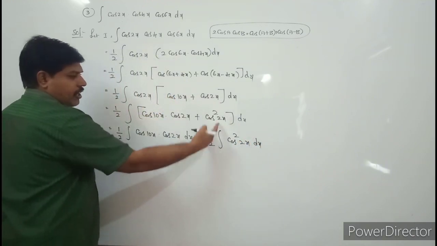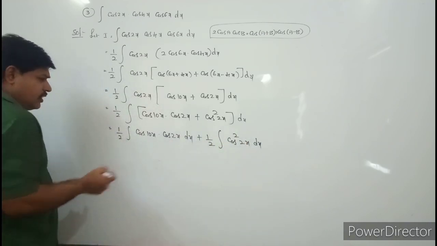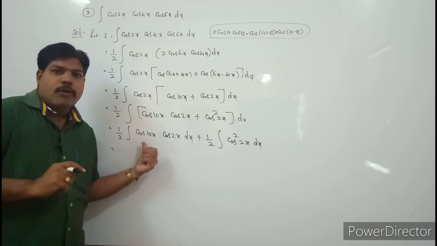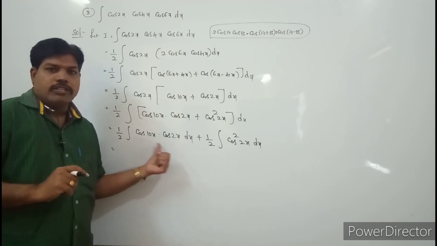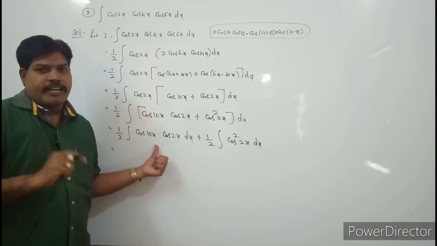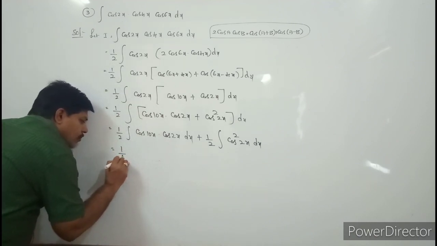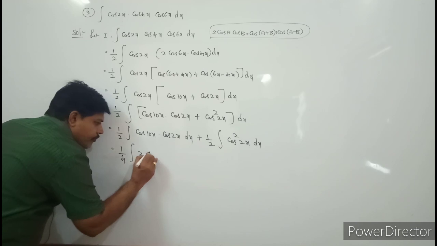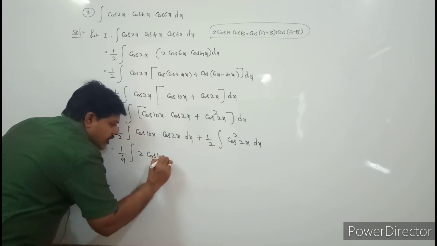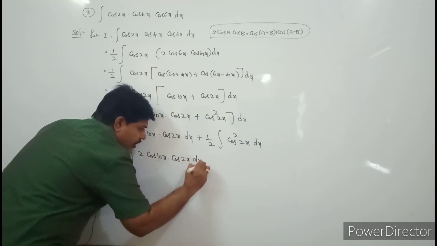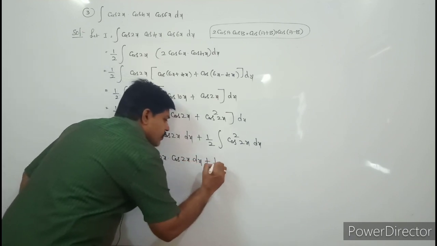Once again the first term is in the form of cos A cos B, so you have to multiply and divide with 2 once again. It will become 1 by 4 into the integral of 2 cos 10x into cos 2x into dx plus 1 by 2 into